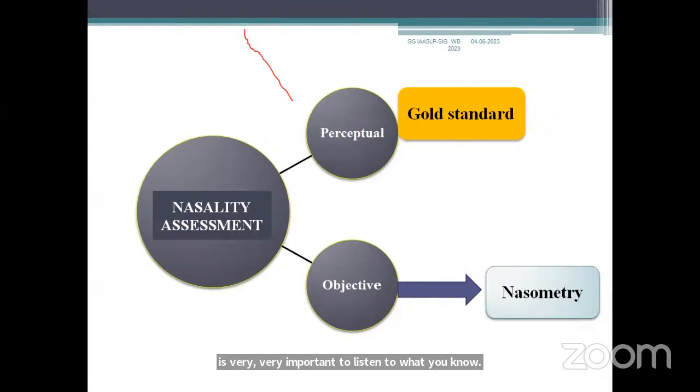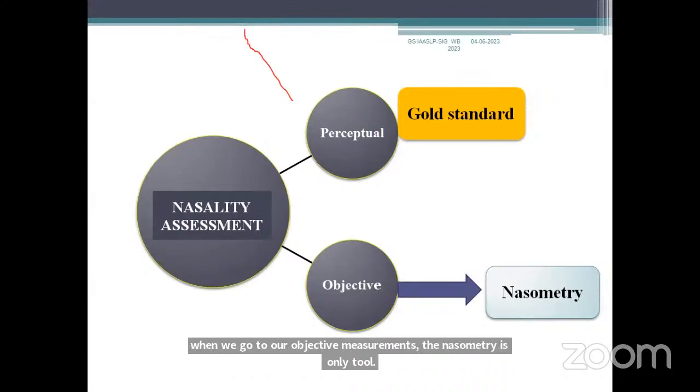Even when you do perceptual evaluation of children with cleft lip and palate, some amount of training is required for conducting an assessment. And there are some protocols which need to be followed, which I'm not going into great detail on. However, when we go to objective measurements, nasometry is the only tool currently available in